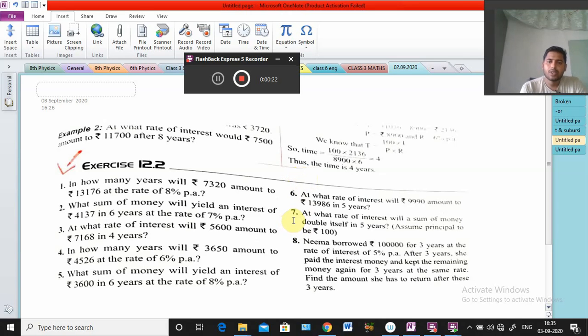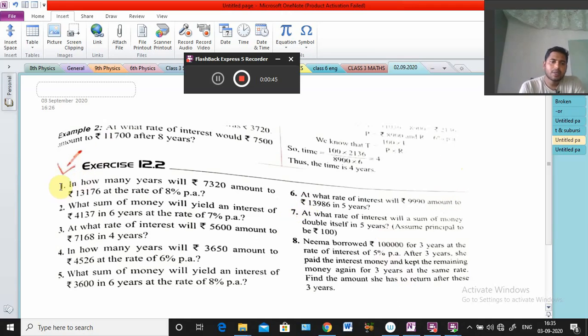Basically our formula, we know that SI equal to PRT by 100. That is the main formula. With the help of this formula we will solve all the problems. Clear? Sometimes we will also use the formula amount equal to principal plus interest. That we also know. Okay, two formulas basically here, and from these two formulas we will solve all the problems. Okay, so let's start now.